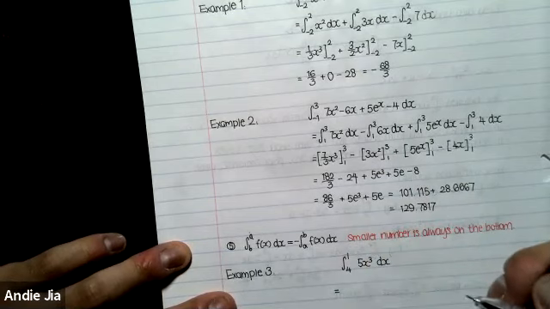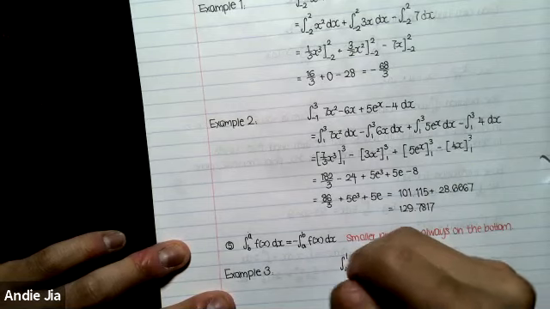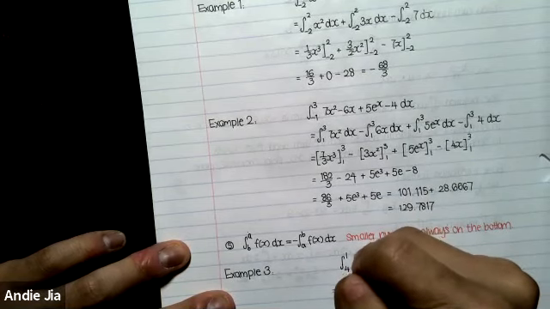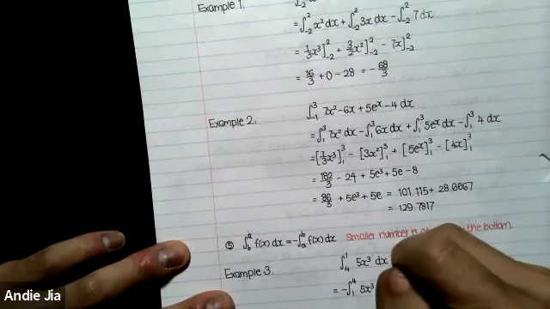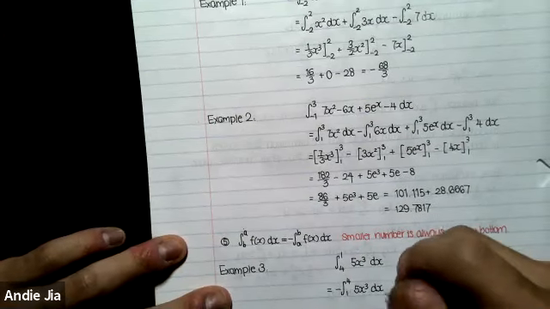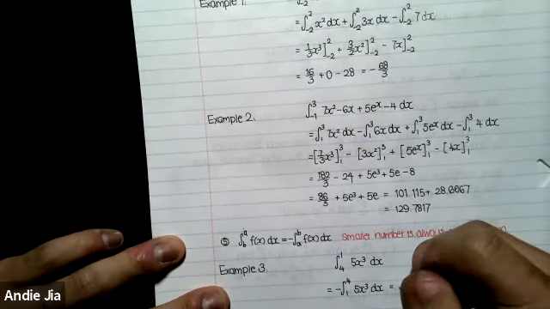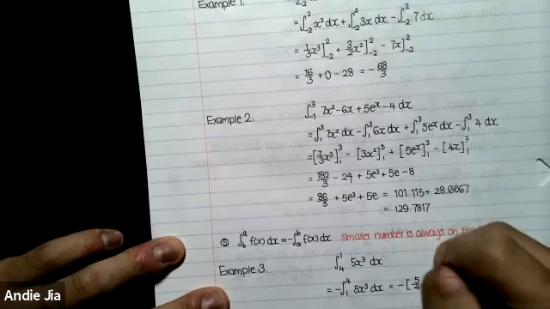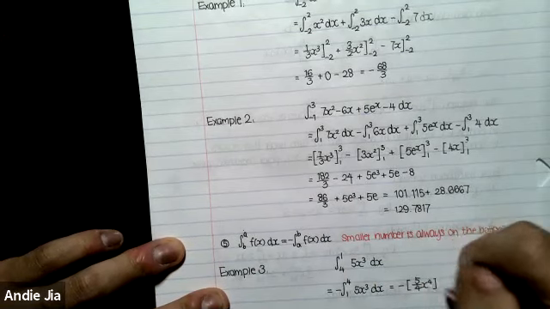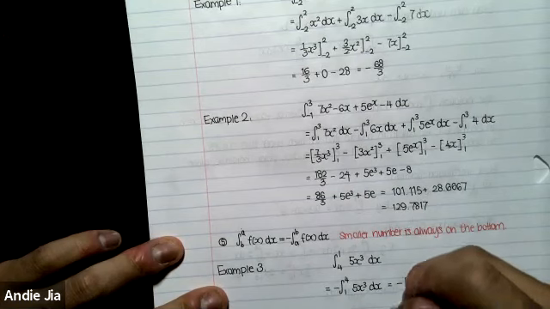We need to swap the sign. And what we have is going to be negative 5 over 4 x to the 4th over 1. And what we have is